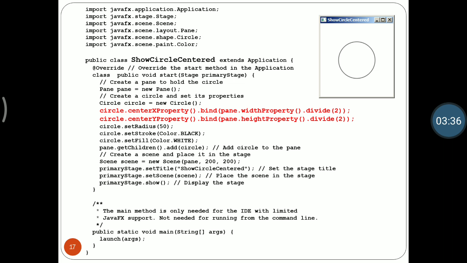Why? Because we are binding our circle with the pane. Here in the red line we can see circle.centerXProperty().bind(pane...) and circle.centerYProperty().bind(pane...), and lastly we have written divide by 2. So all properties will be divided by 2. If the pane becomes 100 by 100, then its radius will become 25 and the x and y center will become 50, 50.